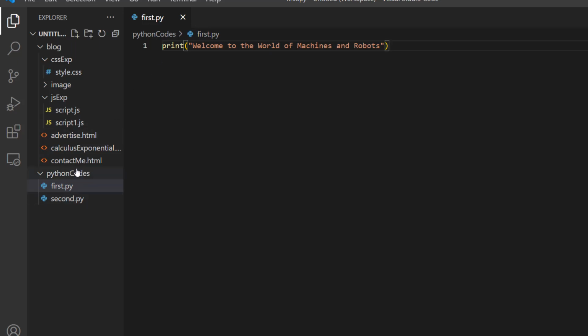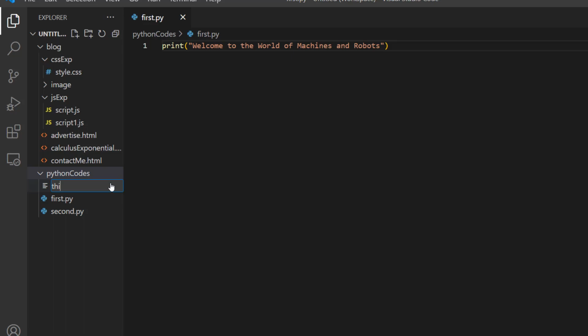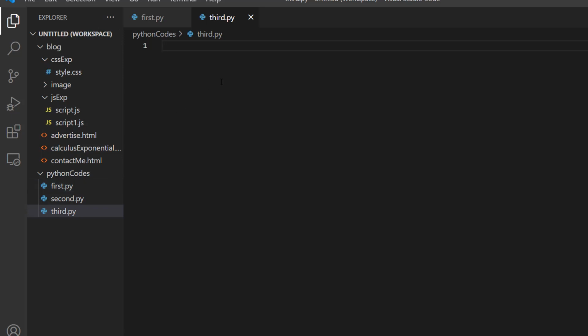And I'll go to the folder. I'll create the third program. So this is the third Python code. Now in this code, what I'm going to show you is I will take a numeric